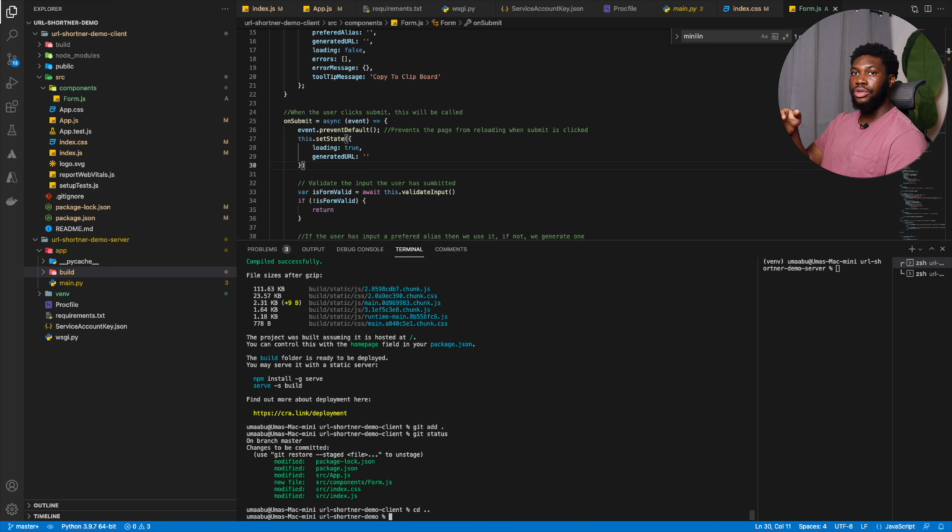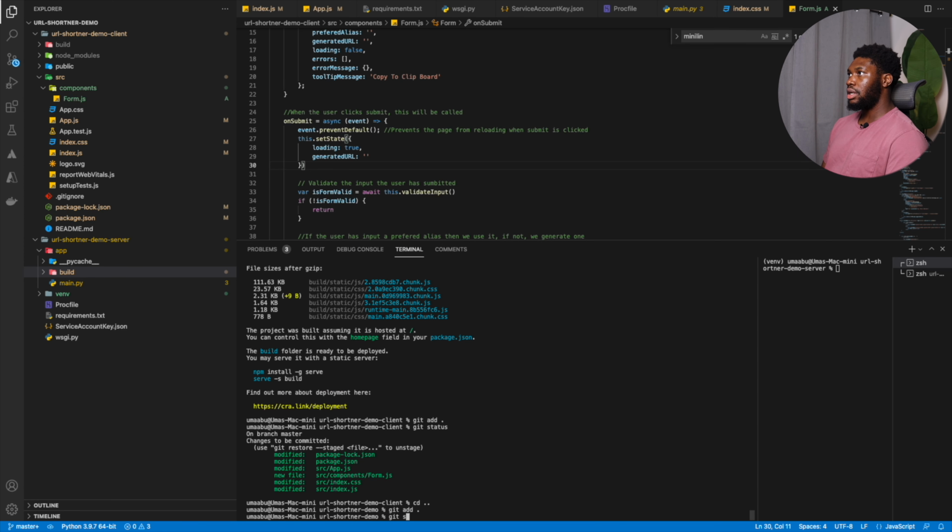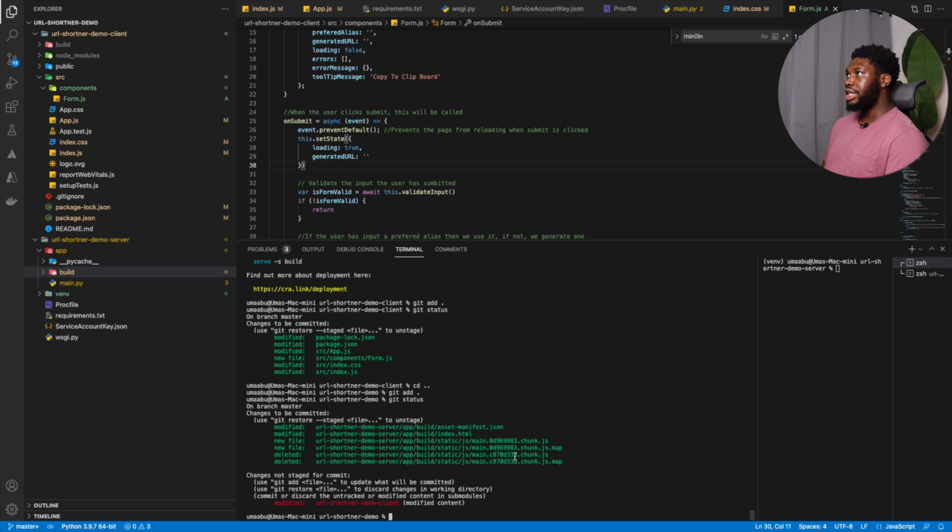Sorry, we go back one step so we can add the changes we've made to the server. So we do a git add, we do a cd back, so cd to the previous directory, we do a git add, then we do a git status. Then we can see that there's changes to the build itself, which is good. Then we do a git commit -m,